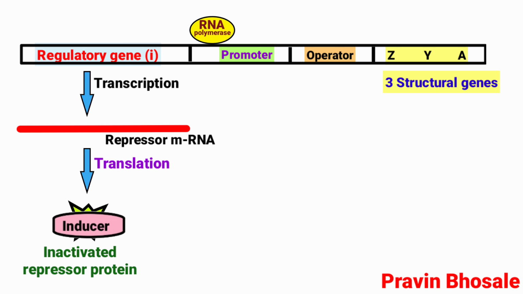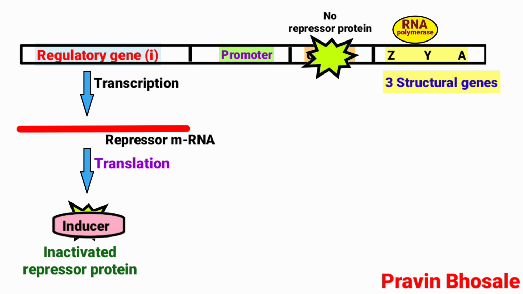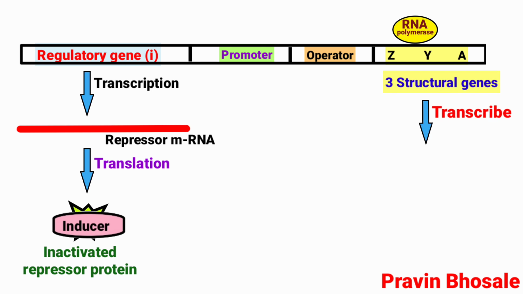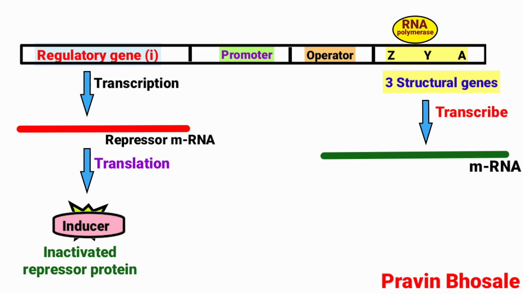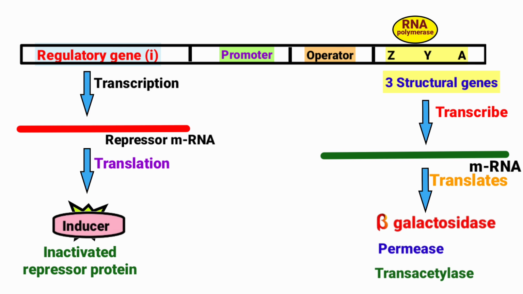RNA polymerase moves from the promoter to the structural genes. Since the operator is on, there is no repressor protein. RNA polymerase activates the structural genes. The structural genes transcribe into mRNA, which translates and forms the enzymes beta-galactosidase, permease and trans-acetylase